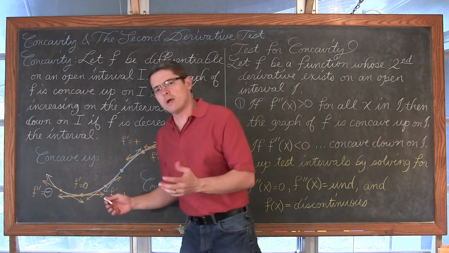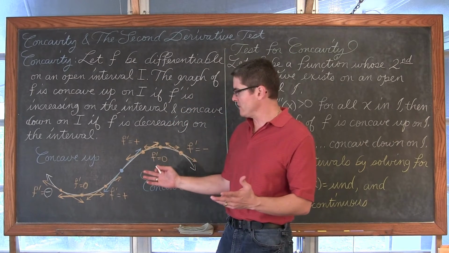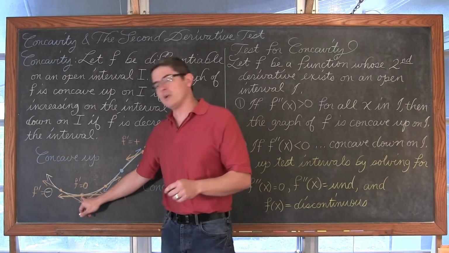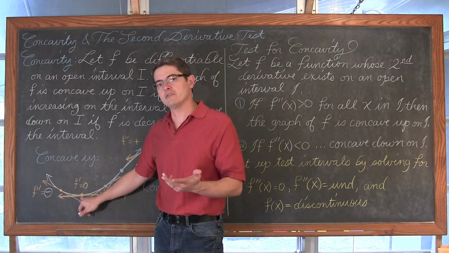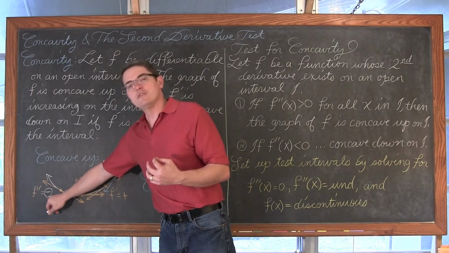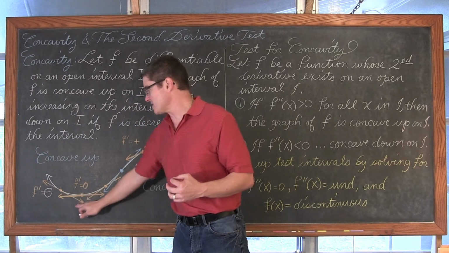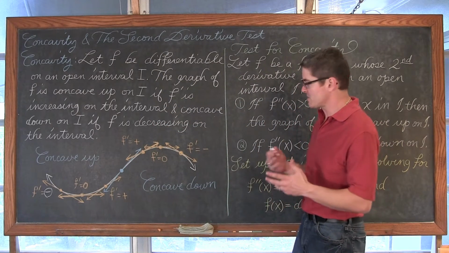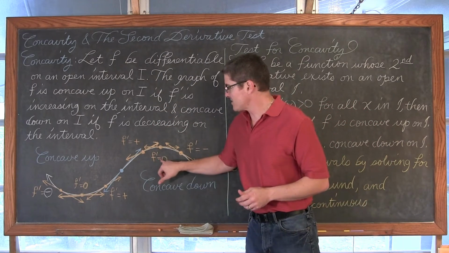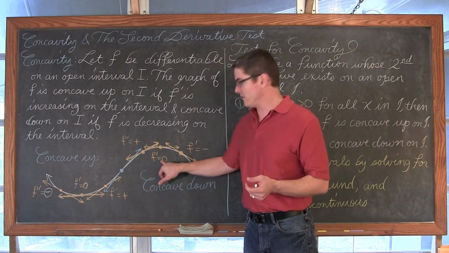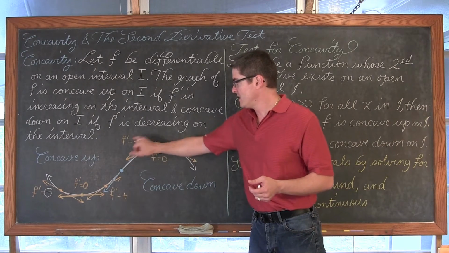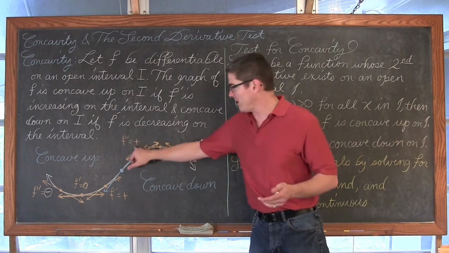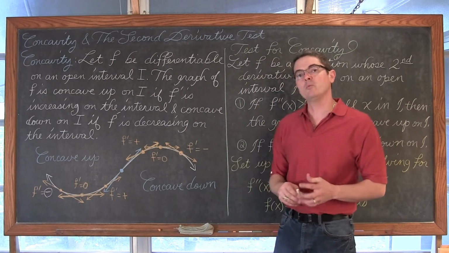You can see here as well, I basically have the first derivative test up here. We have a point, a critical value, where the first derivative is equal to 0. To the left, the first derivative is negative. To the right, it's positive. So that would be a relative min. We'll be talking later about how the second derivative helps us to identify this as well. And to the left of this critical value, where the first derivative is equal to 0, we have a positive derivative and a negative derivative, or a positive slope and negative slope, setting up a relative maximum.